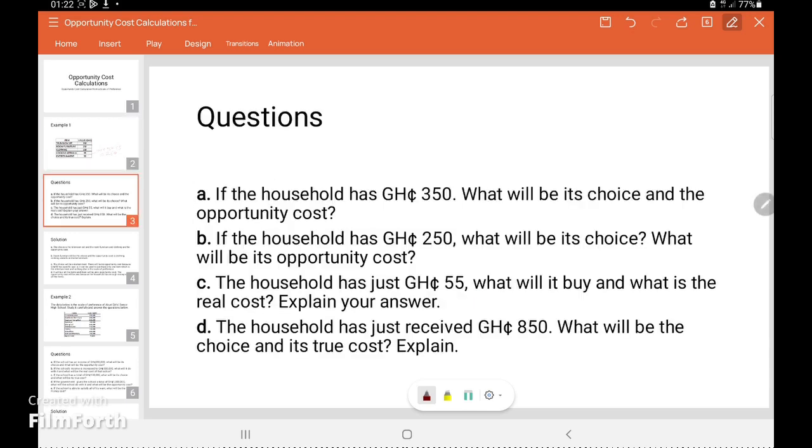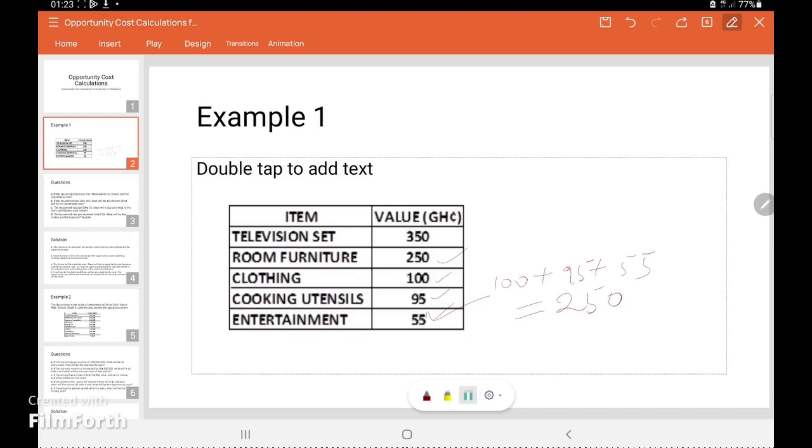That's question D. The household has just received 850 Ghana cedis. What will be the choice and what will be its true cost? Explain your answer. So let's go back to the table. If you go back to the table, we'll see that if the household has just been given 850 Ghana cedis, it means it can buy every item on the scale of preference. So you see that when you add 350 and then 250 to 100 Ghana cedis to 95 and then to 55,